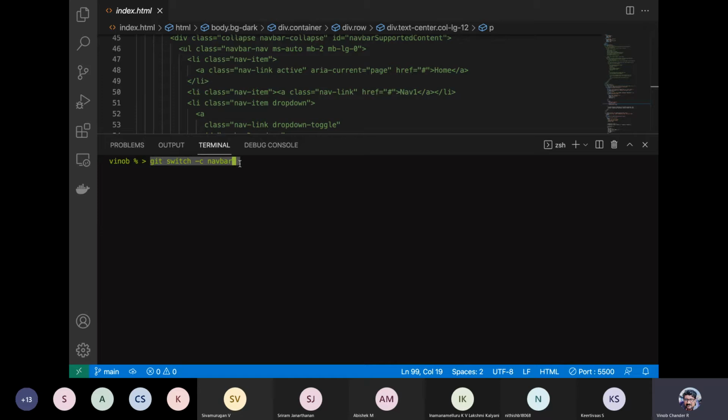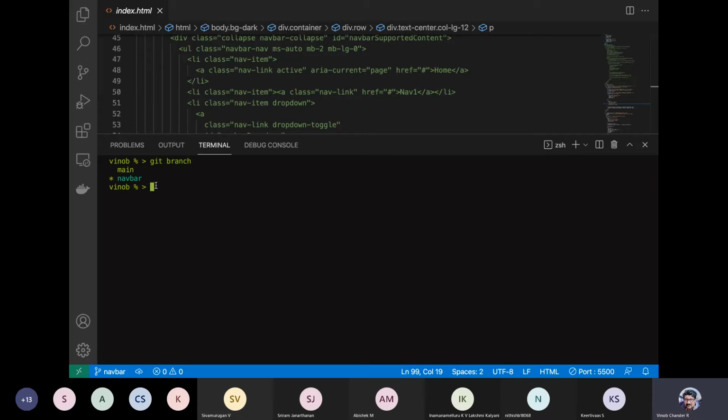And then once you are done, you can merge it with the main branch, right? So that is the idea. If I do this, see, it says switched to a new branch navbar. Now if you do a git branch, it has got two branches and you are in navbar.